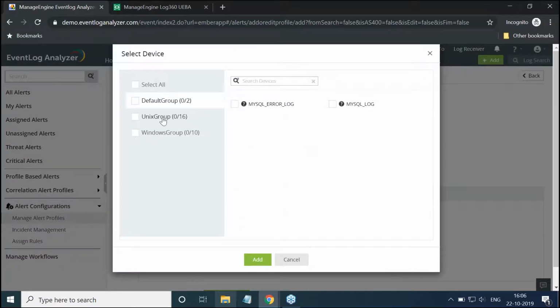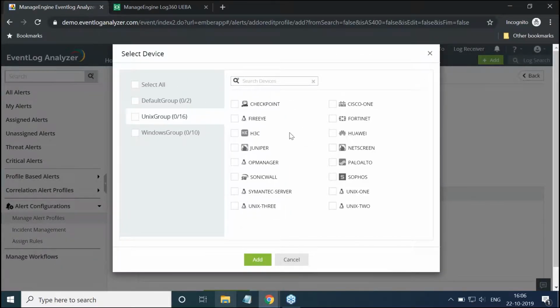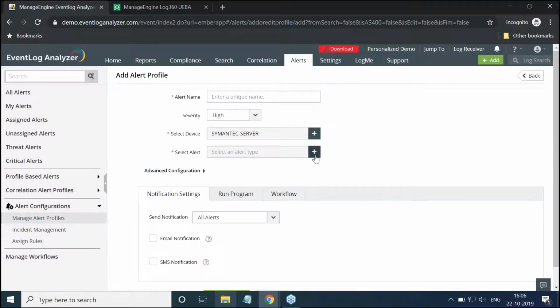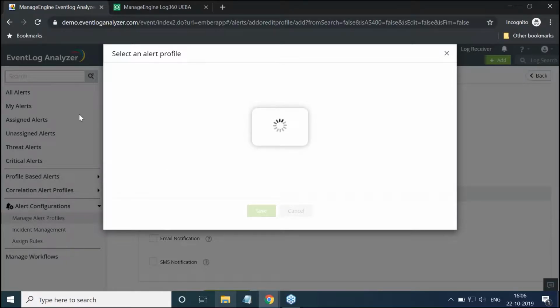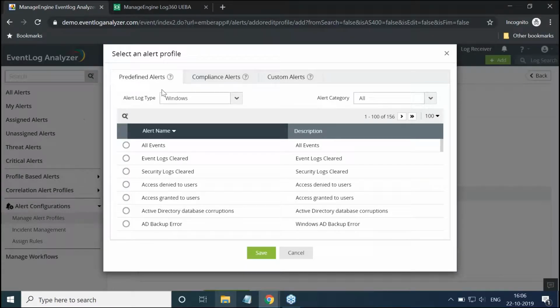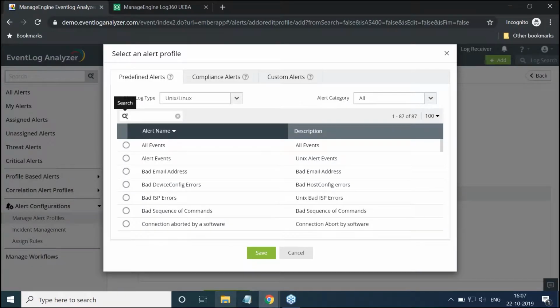So this is my critical server, and I want to create an alert which tells me when a USB device is plugged into this server,